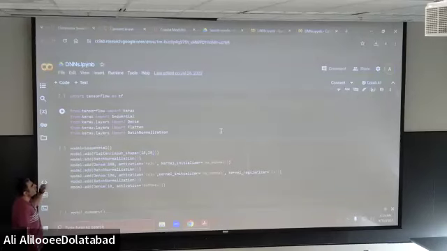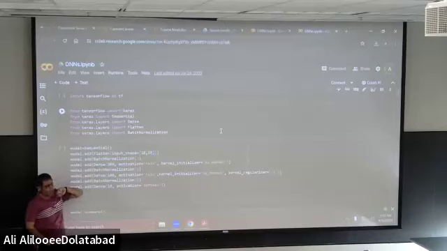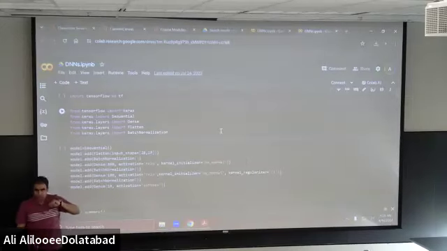So see, what we want to do here, we want to train a neural network with 2 hidden layers, 1 output layer, and for sure 1 input layer. In the first hidden layer, for example, we want to have 300 neurons. In the second hidden layer, we want to have 100 neurons, and then activations.